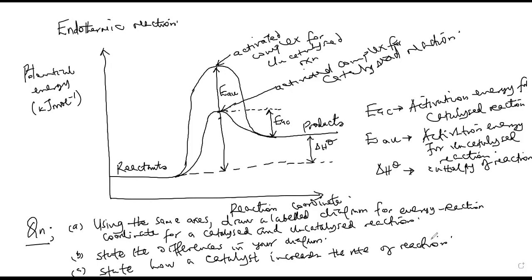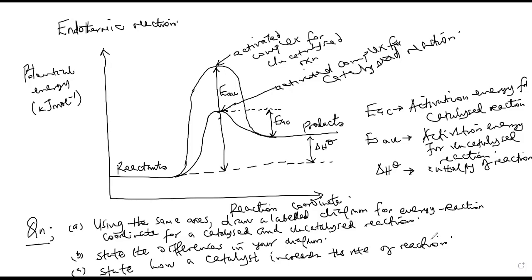They can want you to draw the diagrams and explain them. If they have not specified, it means you can draw for either exothermic or endothermic. But of course, after drawing them, you have to tell me that